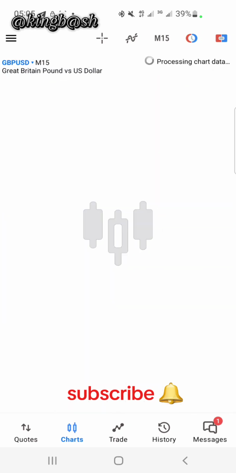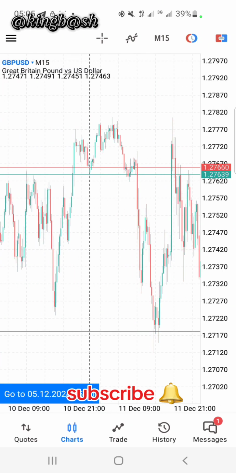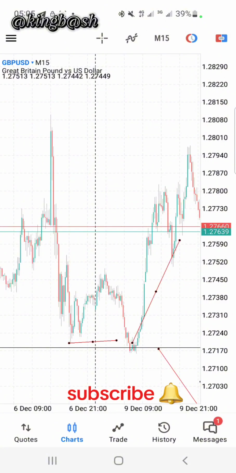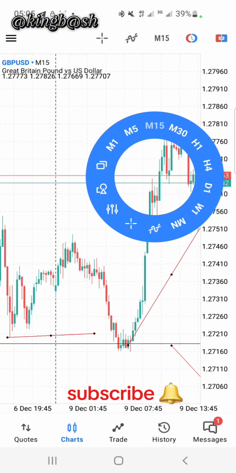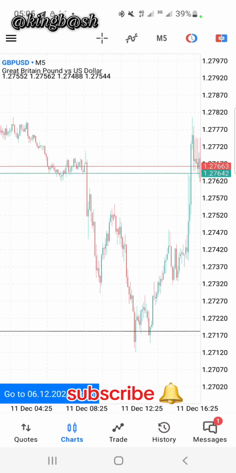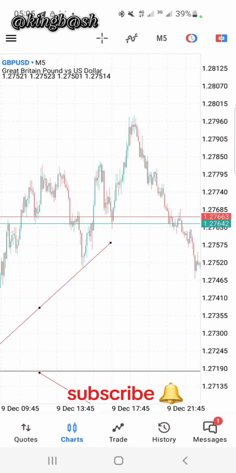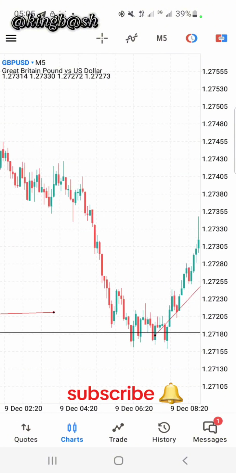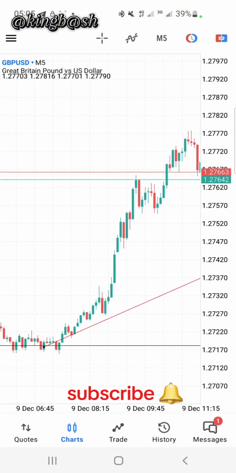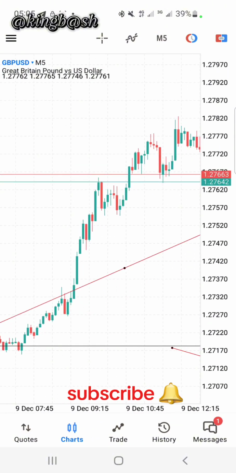So entry can be on the 15-minute. You go to the 15-minute and look for your entry. If you cannot see the entry, if you see on the 15-minute it is just giving rejections, you can go down to the 5-minute. To the 5-minute, you can see on the 5-minute,